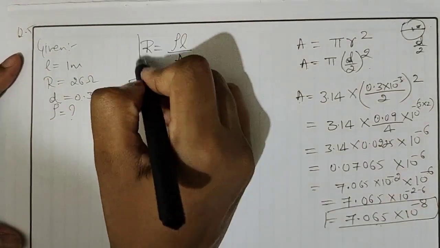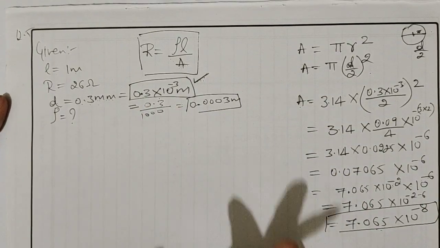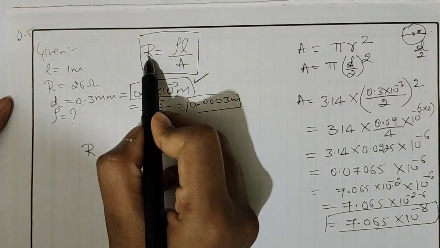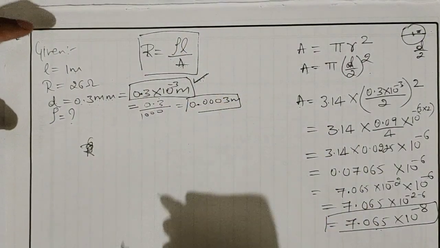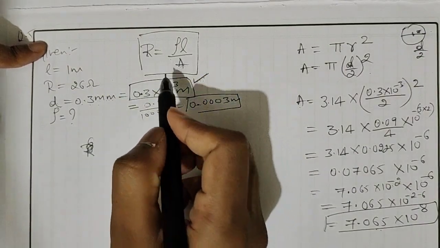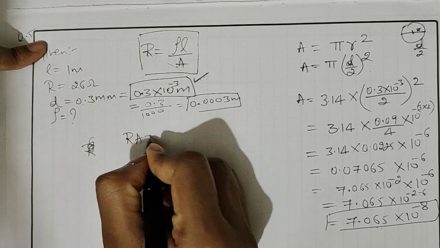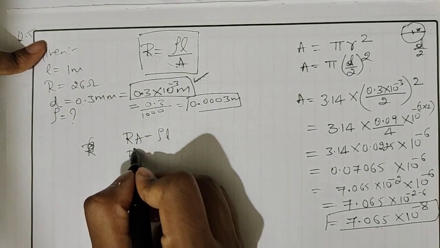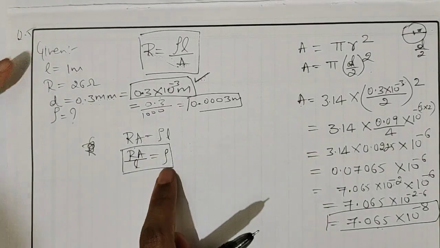Now coming back to our main formula. What is our main formula? This is the question which you will get directly for 3 marks. Okay, R is given. What we need to find out is resistivity. That means we need to modify the formula. So take resistivity outside. How? Cross multiplication. That means R A is equal to rho into L. Keep rho wherever it is. Take this to the denominator, again cross multiplication, R A by L is equal to rho. So this is the formula to find out rho.